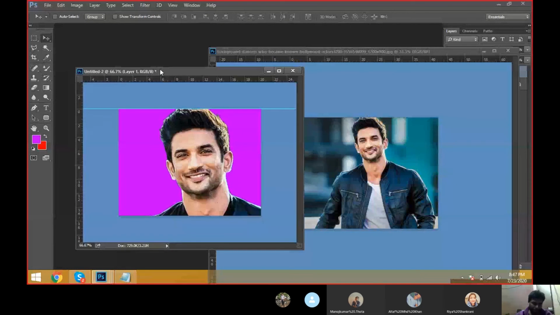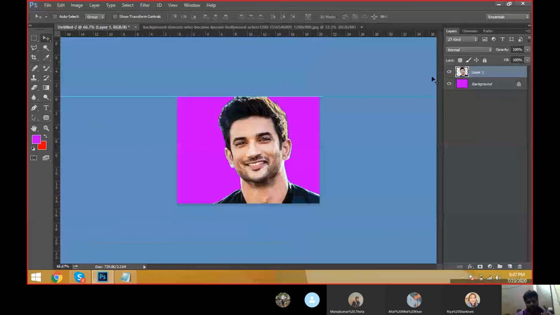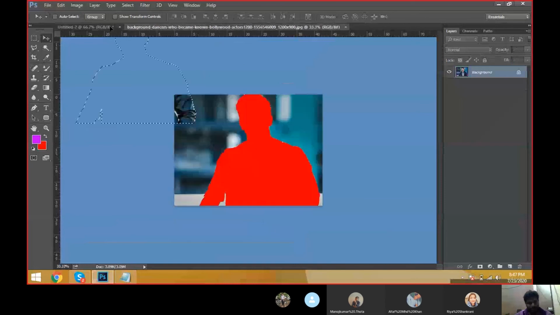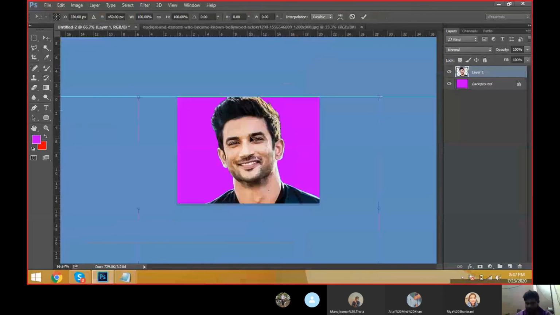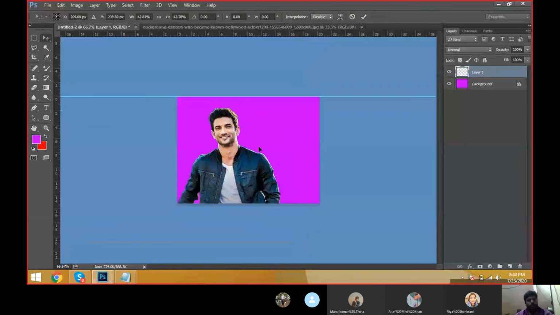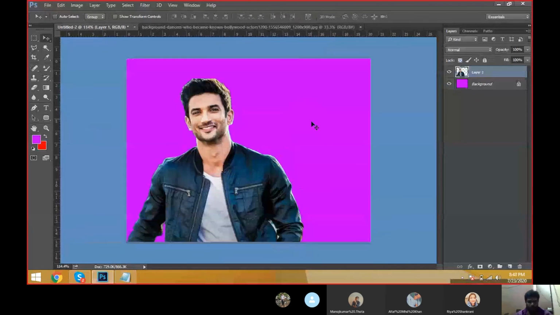First of all, we have to attach again the same place of the document panel, the same documents. Okay, come to here. That is one process, friends. You can delete this one. Directly you can drag it from here to here and keep it here, place it. Like this also we can get the image from one document to another document. Now Control T transform, hold Shift plus Alt to increase and decrease the image size. Okay, nice. Like this we can cut the image and we can place it into the background document.